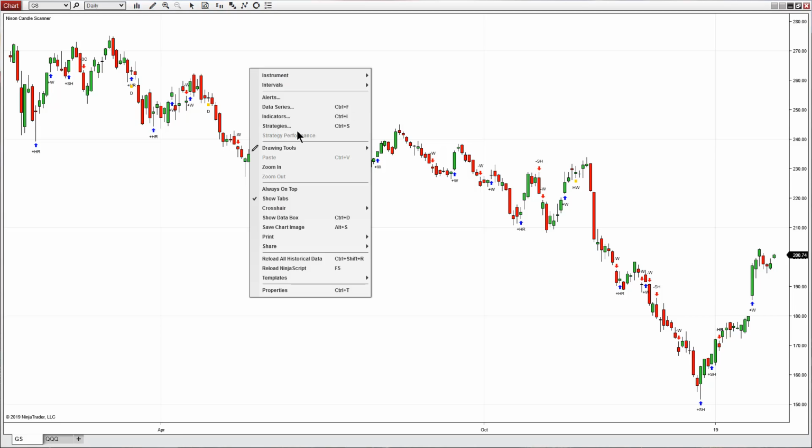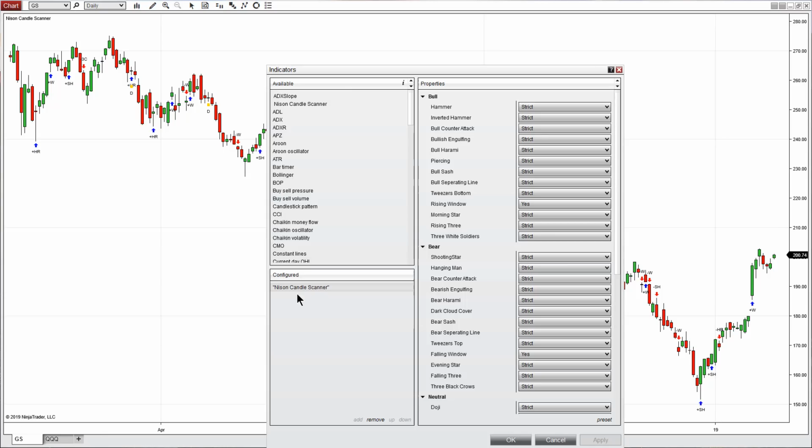If I right-click on the chart here, this is a NinjaTrader 8 chart. This indicator, this candle scanner, can be used on NinjaTrader. It can be used on eSignal, Trade Navigator, Trade Signal, as well as the MT4 Forex platform. If you go into indicators, you will see that I have the Nissen Candle Scanner chosen in the bottom left-hand corner, and on the right-hand side, currently I have the strict criteria,